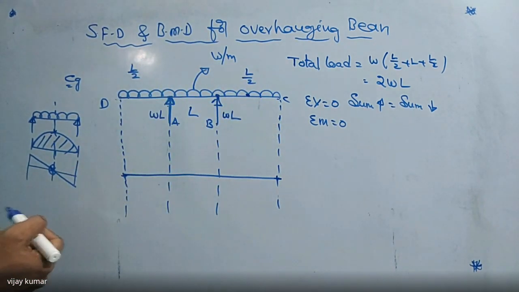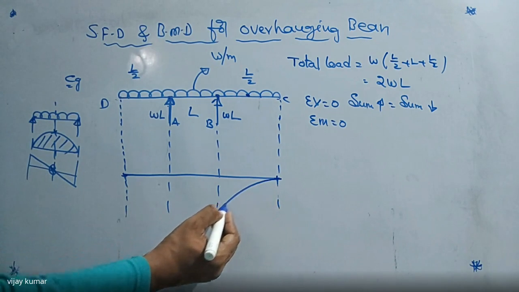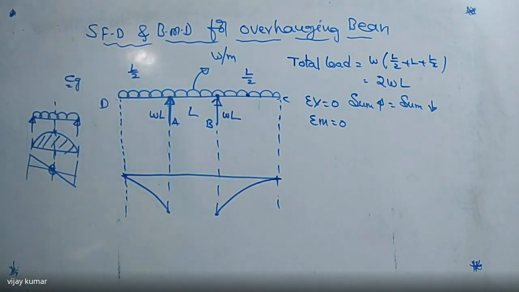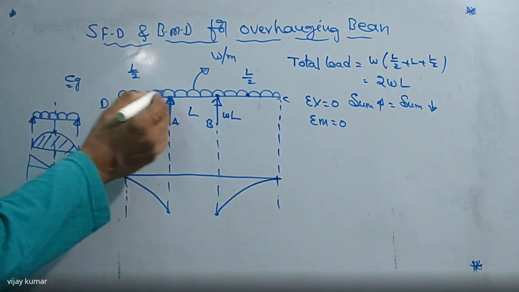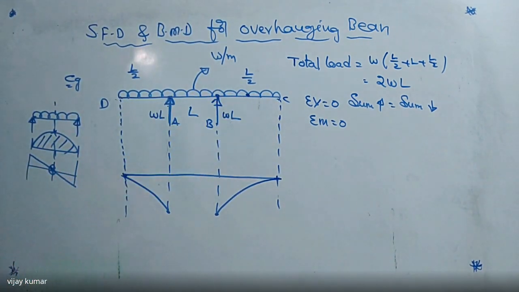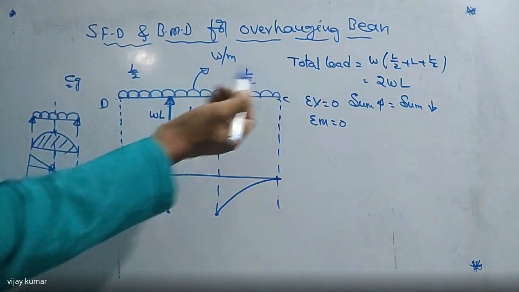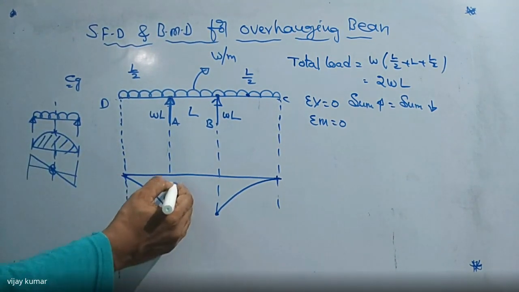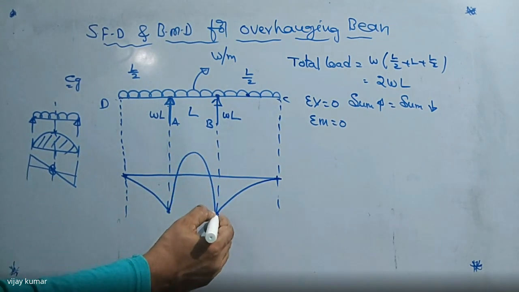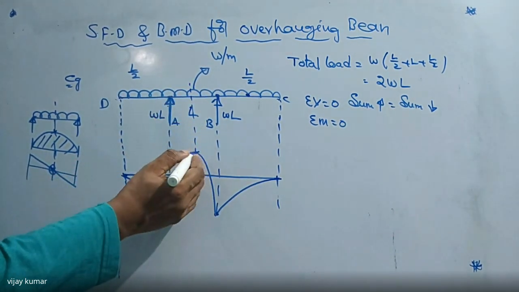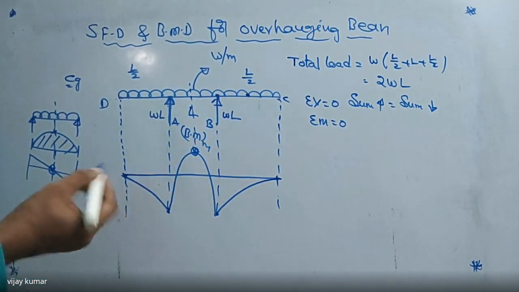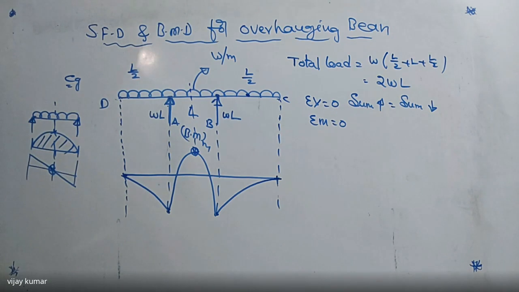What is the shape of the bending moment here? Parabola. So I'm going to draw one parabola here. Here is also the same, we get one parabola. From this point to this point and from this point to this point, we get the same value. Why? Because this length and this length are the same. So this is always acting as a parabola like this. At the center, the bending moment must be maximum. At that point, what is the shear force value? Zero. Did you get my point or not?